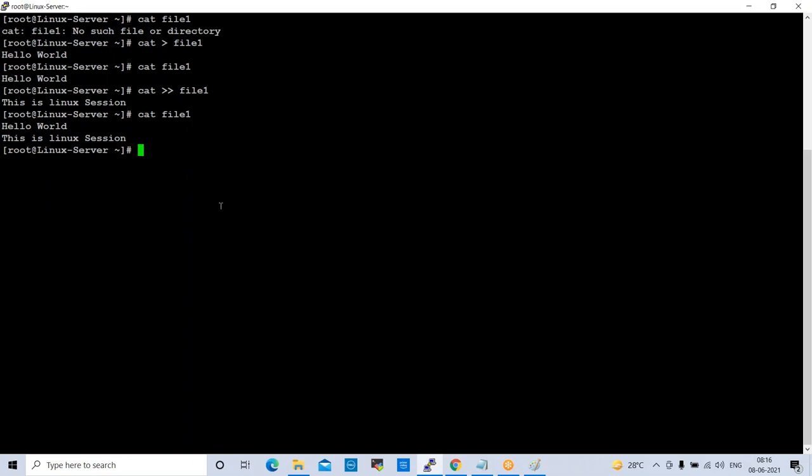So now if you want to create multiple files, normally we use the touch command. Touch, file 1 already created, right? File 2, file 3, and file 4. So now if you want to check these files, ls is the list files and directories. See here, file 1, file 2, file 3, file 4. We have 4 files available.